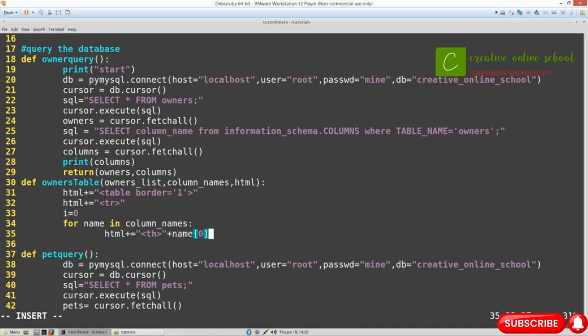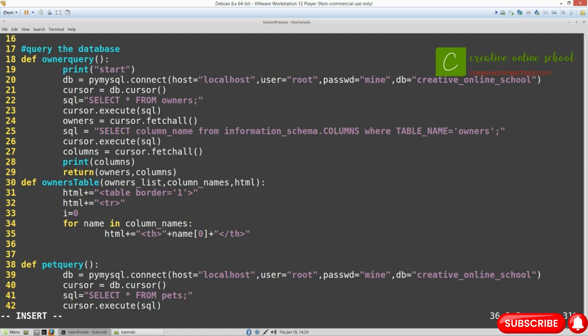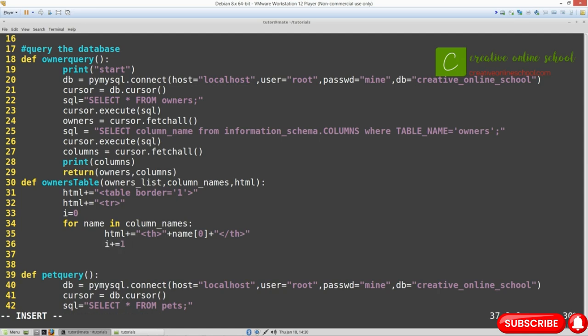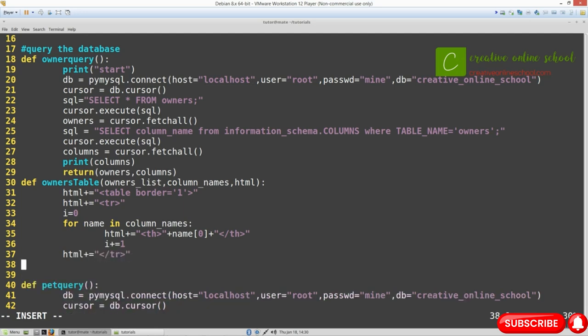The reason that we have to index into our name is because the information that we get returned from a SQL query is actually in a list of lists, so we have to index into the second list. And then don't forget to increment our I. And then we close this row so that we can start with our actual information that we want on the table. So we're going to input this information,